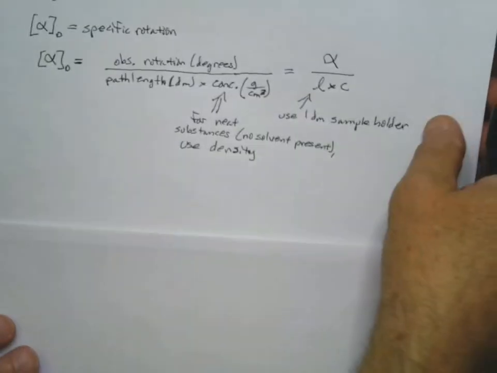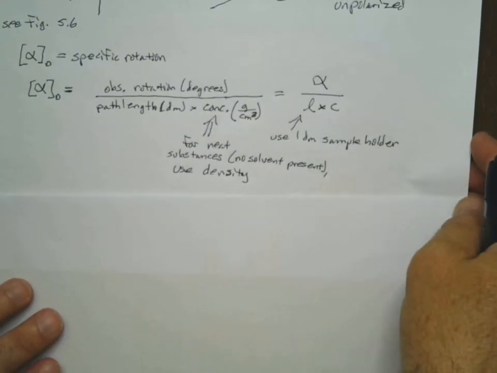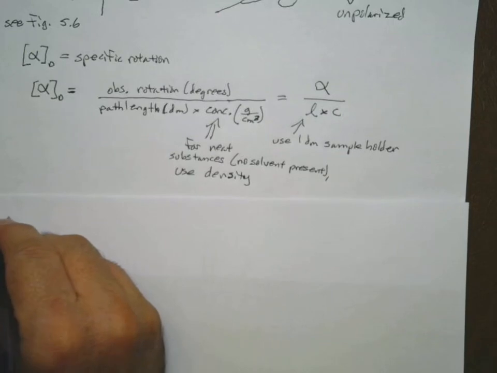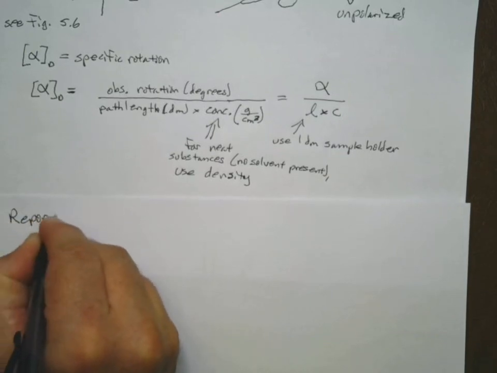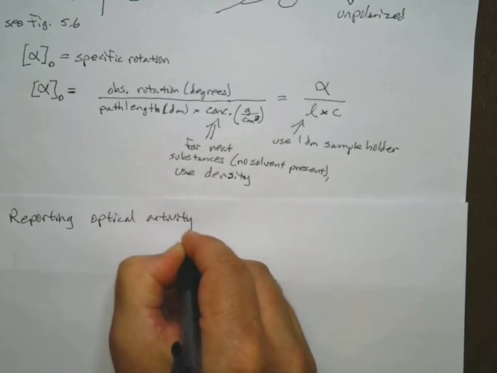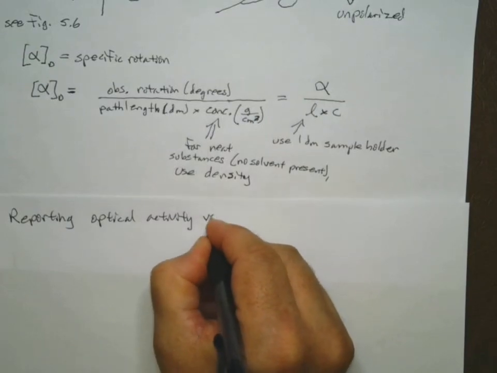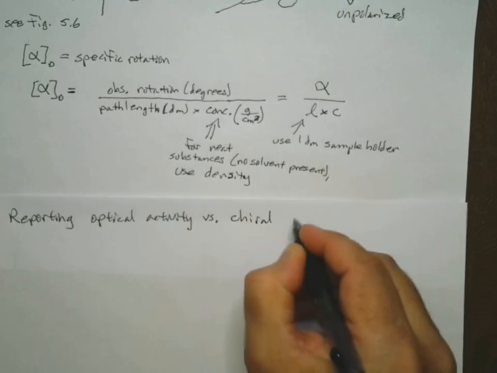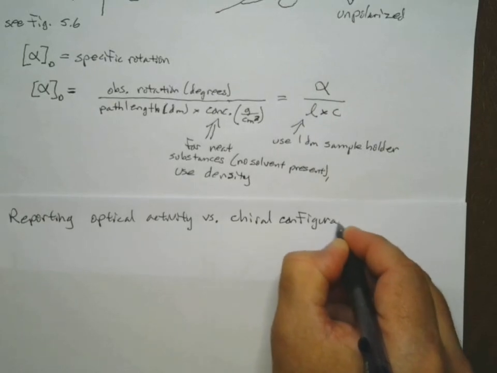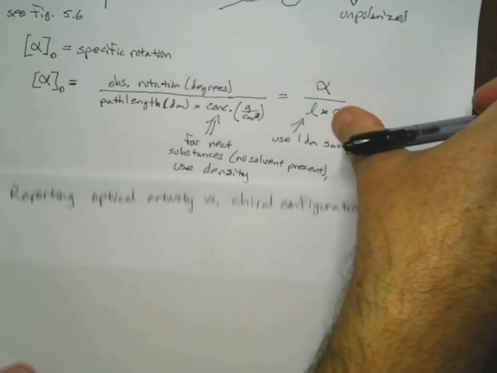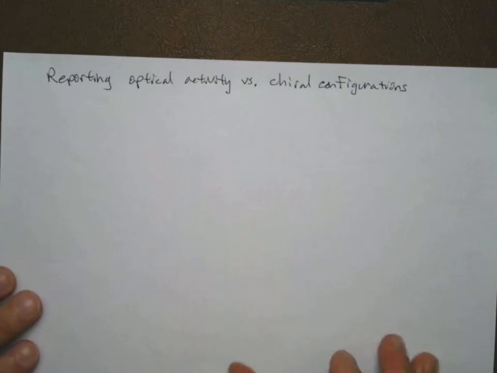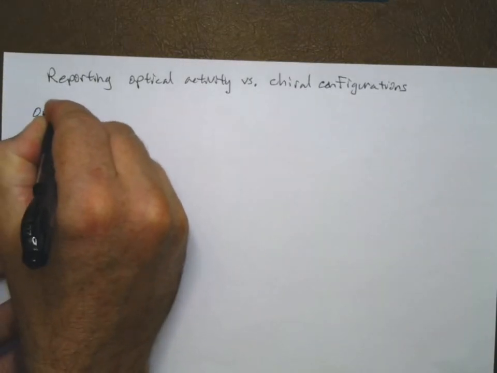So this is our specific rotation, and let's say reporting optical activity versus chiral configurations. Okay, so when we take a look at how we would report things for optically active compounds,